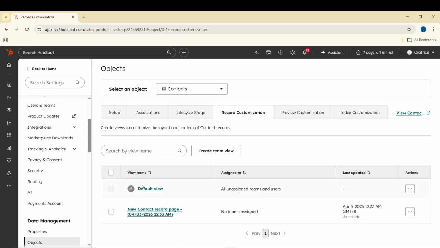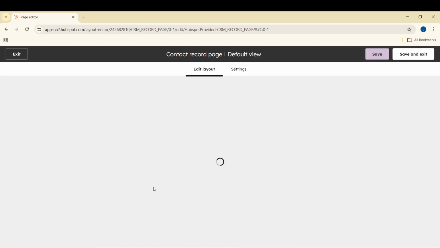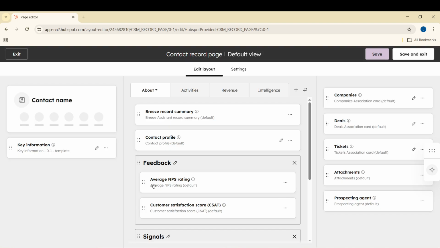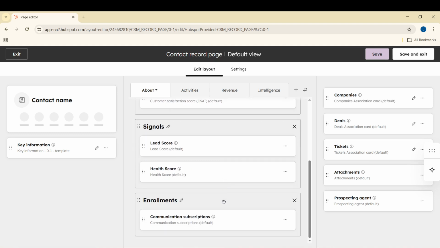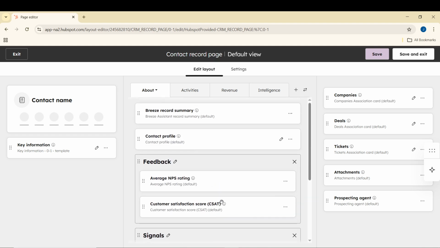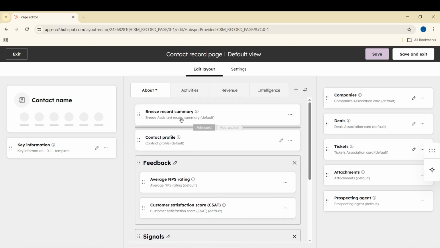The default view is the standard layout that most users will see, so any changes you make here typically affect the primary record experience. At this point, you can rearrange the layout by dragging properties or entire sections. Move the most important information higher on the page so it is visible right away. Group related fields together so the record reads naturally, and so users do not need to jump around to complete common tasks. As you drag items, pay attention to spacing and section placement to keep the layout clean and easy